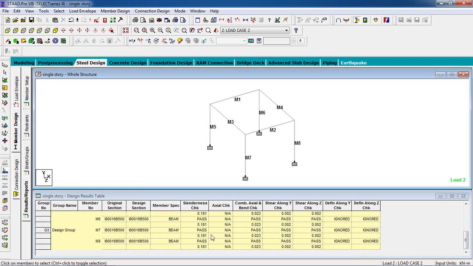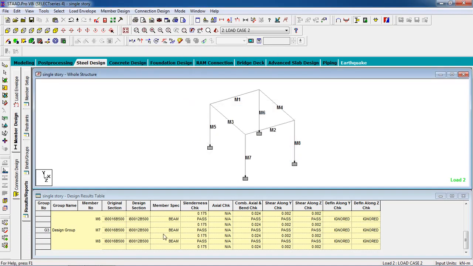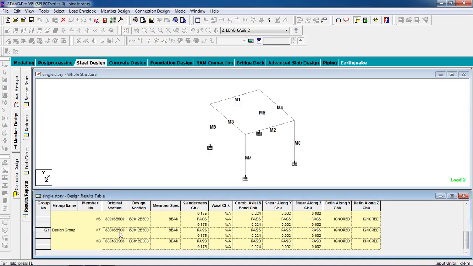The original section passes. Now when I go to member design, perform group design and member selection, it is changed to 16. What is 16? This is the thickness of flange. Since it's 12 meter, with 16 thickness of flange, when it is changed to 12, it also passes the following cases.